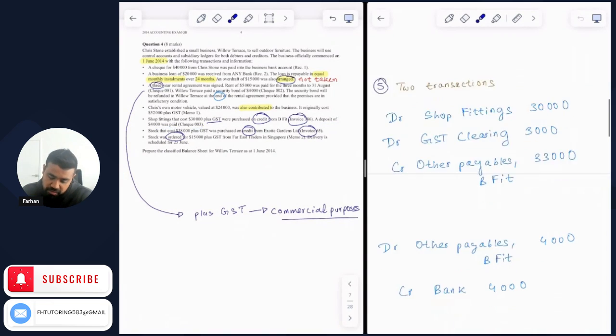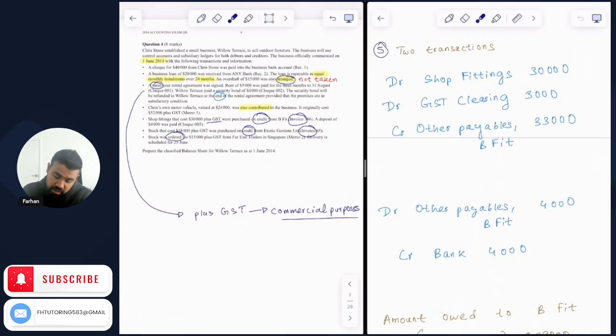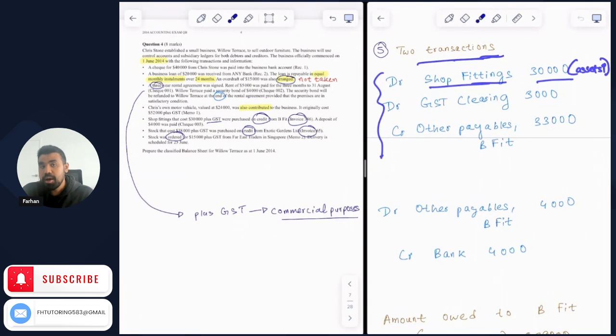As we see here, we actually have 2 transactions. The first one is the purchase of shop fittings on credit. So let's record that. How would we record this if we were to do the journal entries? We would debit the shop fittings by $30,000, which reflects that assets are increasing. When you prepare the current classified balance sheet, you need to show the shop fittings within the non-current assets